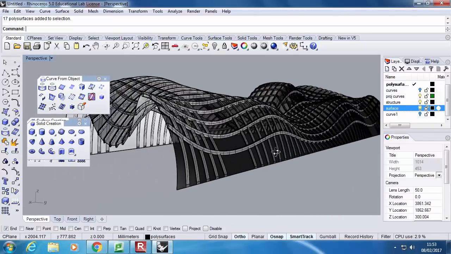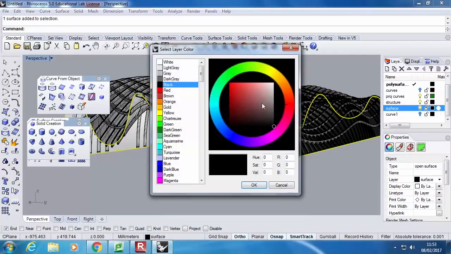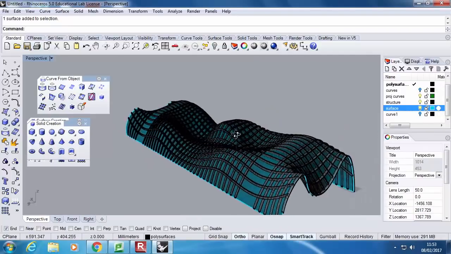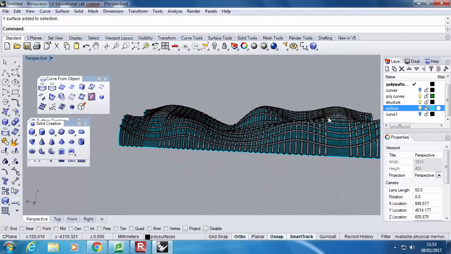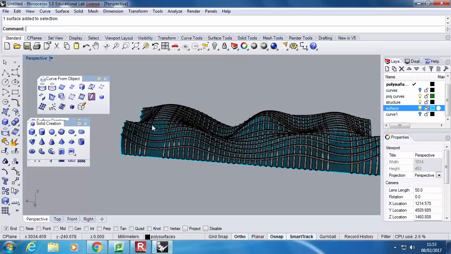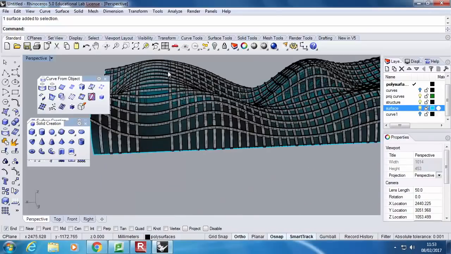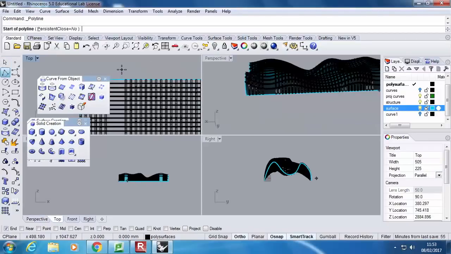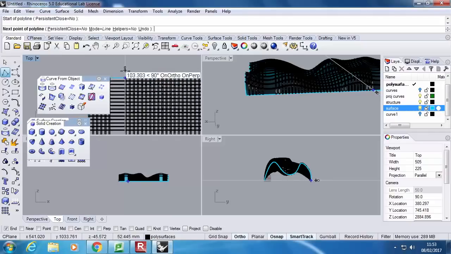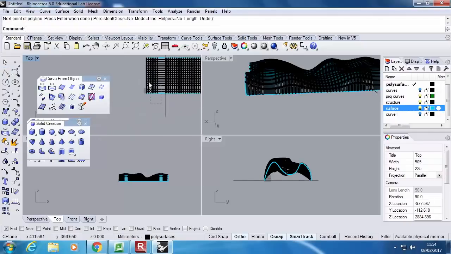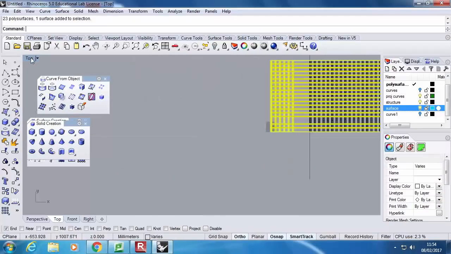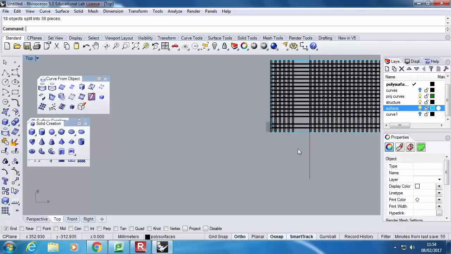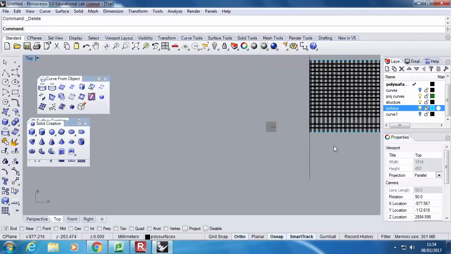I have my surface as well underneath. I can change it in color or layer, and it's going to be my glazed structure, and sort of voila. Yes, if you want to make it shorter or get rid of all of that, well, it would be actually pretty easy. So I create a line there. Okay, select all of these things and split them with my line, press enter. Now it's cutting all of them. Fantastic. Select all of that, delete,